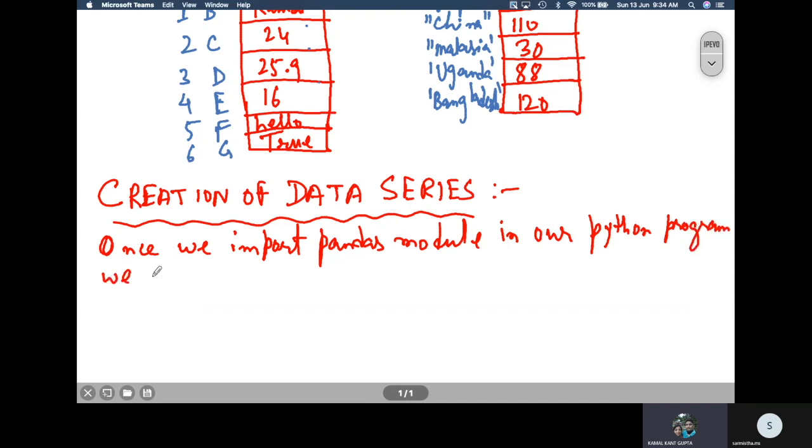We can create a data series object using the following methods.